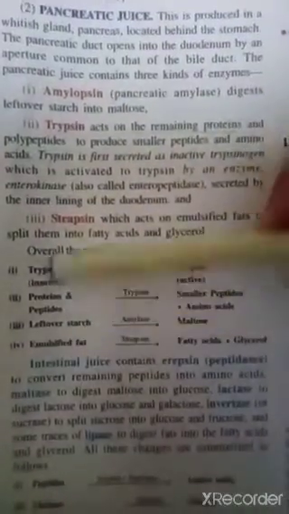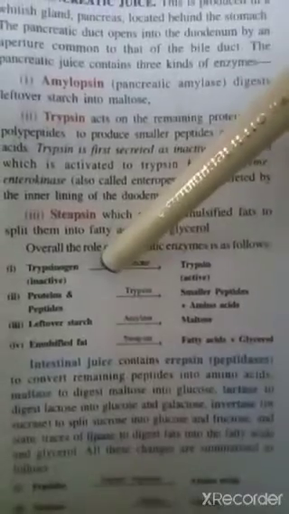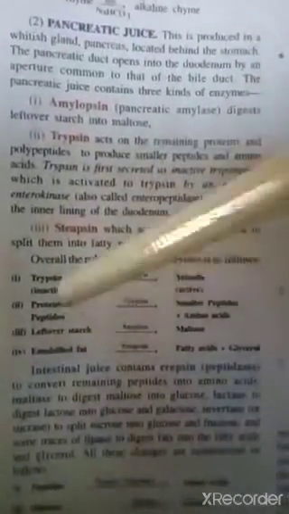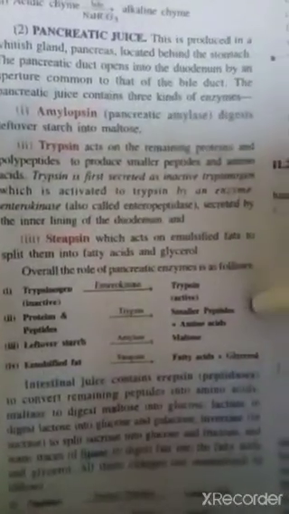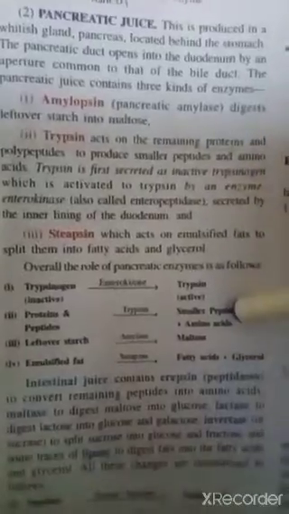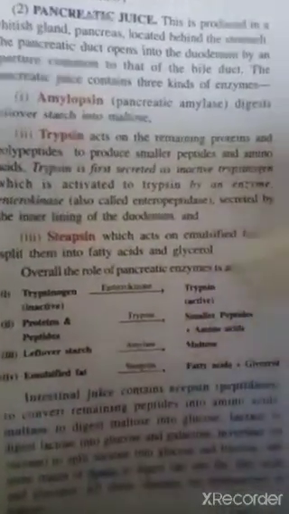Students, very important it is that trypsinogen is acted upon by the enterokinase enzyme and is converted into trypsin. So this you have to learn, students. It's very important, and questions will be asked from this only. So straightaway you have to learn it, and today you will do this only. You have to learn this.